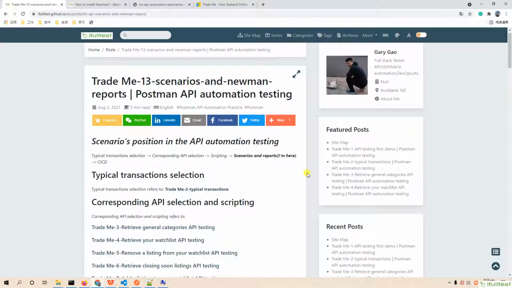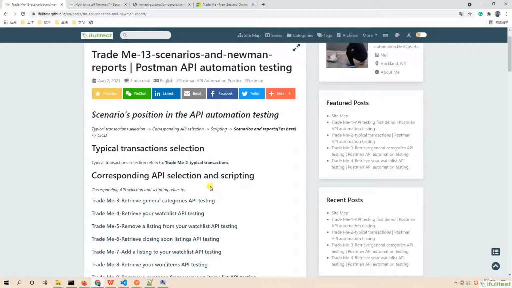In this video, I will detail 2 ways to run your Postman scripts and get related reports. Let's start. In former videos, I have gone through 10 typical APIs scripting work. Part of those APIs has logic connections among each other. We have to run them together to see the whole effect, such as some dynamic defects, conflicts among all the scripts, or other unexpected things. Now is the time we try to package them together to see the final effect and make some adjustments.